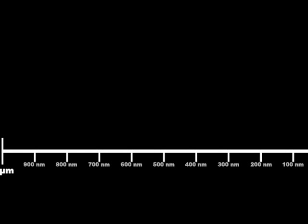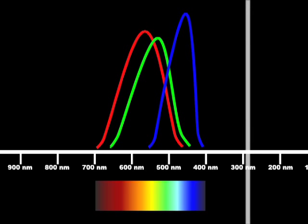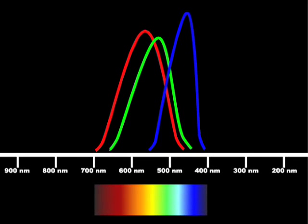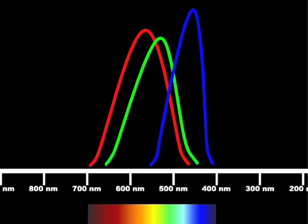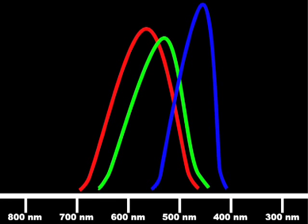But we're not actually sensitive to all the colors equally. We see green light a lot better because it also triggers a little bit of the red and the blue cones. And since cones are sensitive over a range of wavelengths, it's hard for us to know exactly what wavelengths we're looking at. So when we superimpose a blackbody curve on the range of light that we can see, you'll